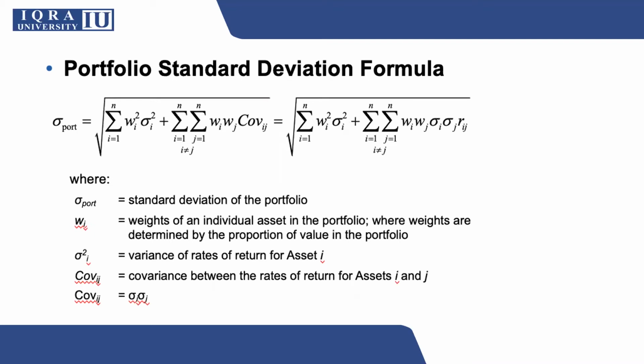Remember that if you already have a covariance calculation, you can work with the first formula, or if you have correlation, then you can move to the second one. If your securities are well selected, then this portfolio standard deviation should be lower than the individual securities' standard deviations. So the actual work will be the selection of the portfolio. It is better if you have negative correlation, which will help you a lot to reduce portfolio standard deviation, or in simple words, reduce the risk of your overall investment.